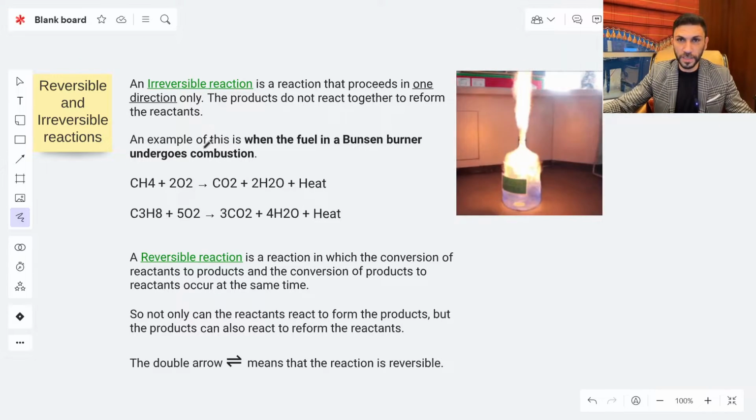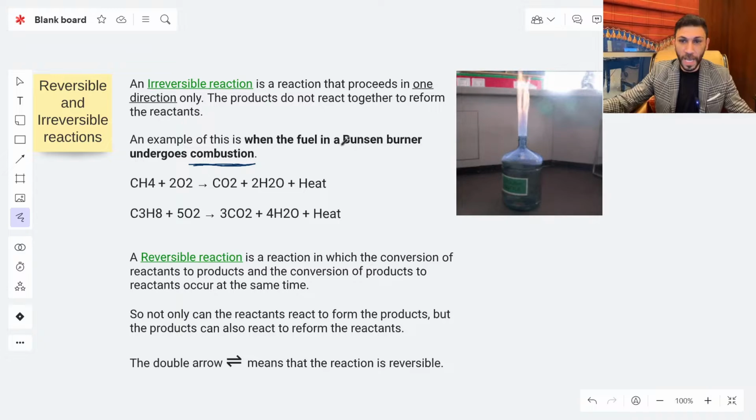An example about this irreversible reaction is when the fuel undergoes a combustion reaction. We studied this type of reaction. We call it the combustion reaction. It is when an organic compound reacts with the oxygen to form carbon dioxide and water, and it produces heat. If you look at this image, this is the burning of propane, and this is the result. It will give you carbon dioxide, it will give you water vapor, and it will give you a lot of